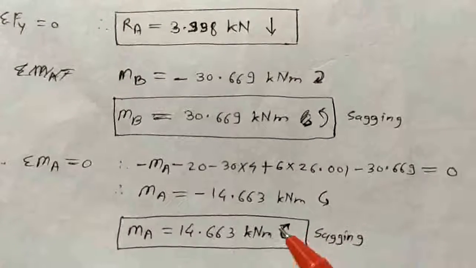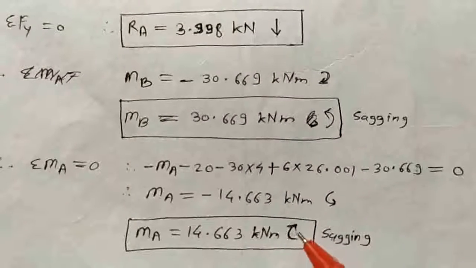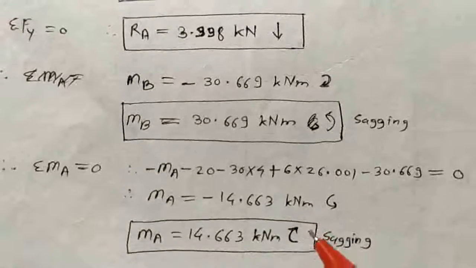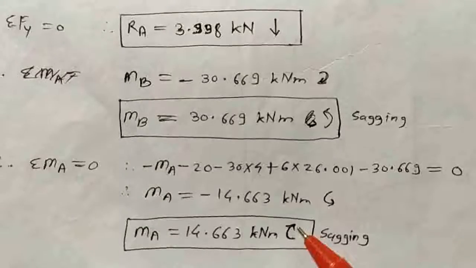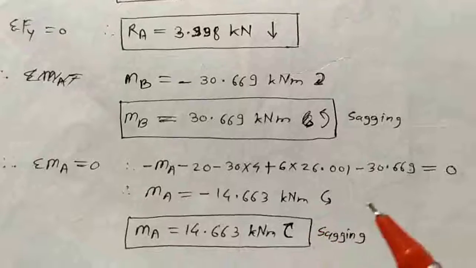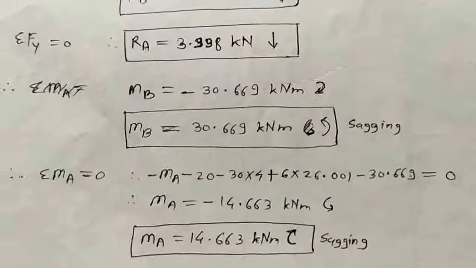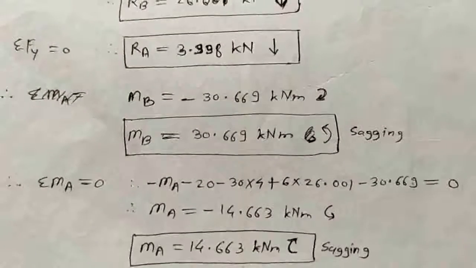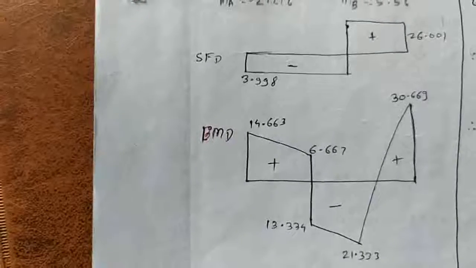If you observe this final direction, if you draw a baseline, that is a horizontal line over here, this arrow is above the baseline, that is a sagging bending moment. Arrow above baseline, sagging moment. Arrow below baseline, hogging type of bending moment. Likewise, we have got the nature of the moment at every joint, that is A and B. After that, we'll come to drawing the SFD and BMD. This is the final SFD and BMD.